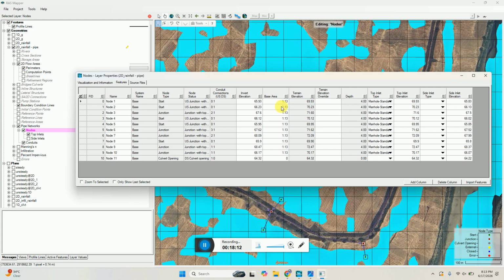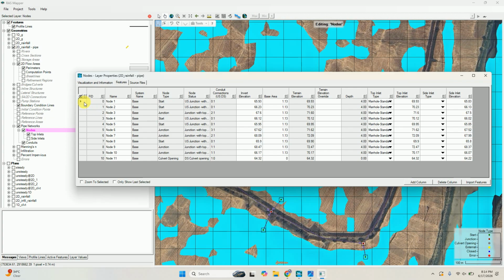So let me explain you one by one. This is terrain elevation, which means when you clicked for the nodes, these are the elevations of those points where you clicked for the nodes. For node 1, which one is node 1?